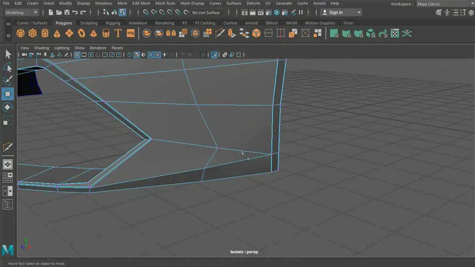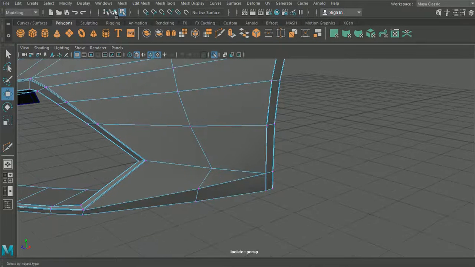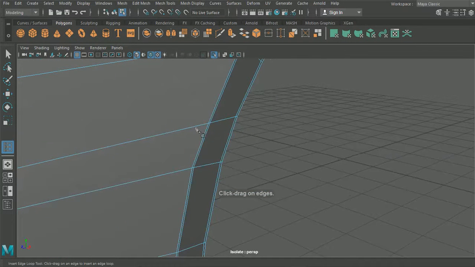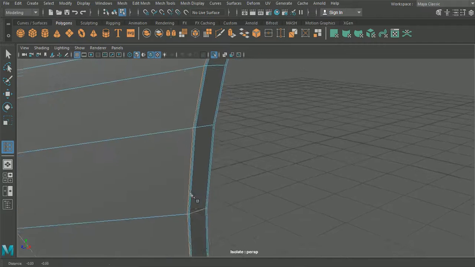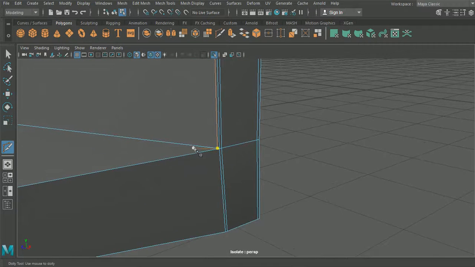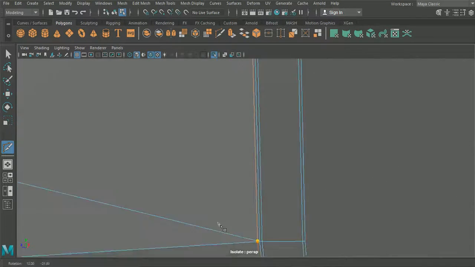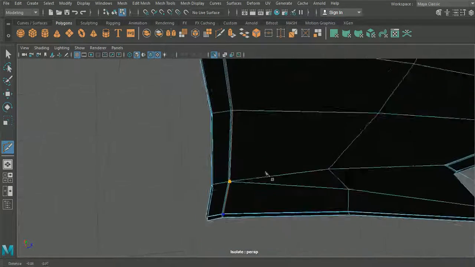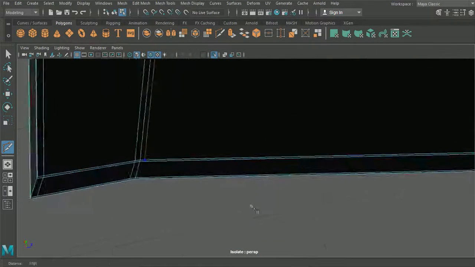So what will happen now is, because this is a triangle, the cut shouldn't go through it. So if we go to our mesh tools, insert edge loop, we should be able now to add an edge loop to the outside of this arch here, and it will stop just there for us. And then what we can do is drag our multi-cut tool down here, go behind here,